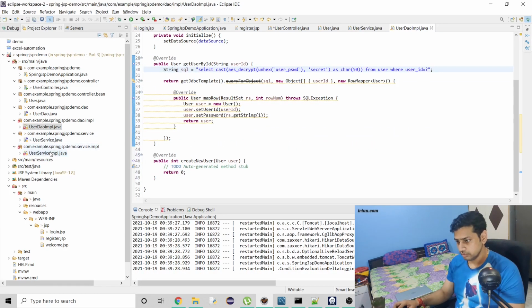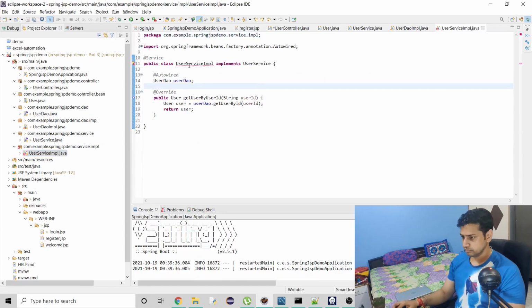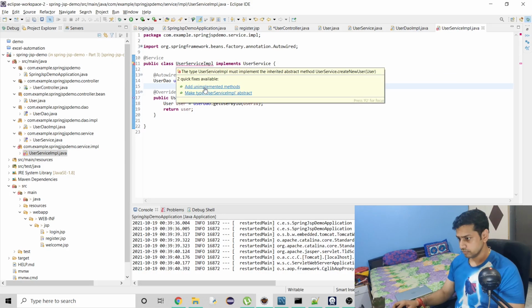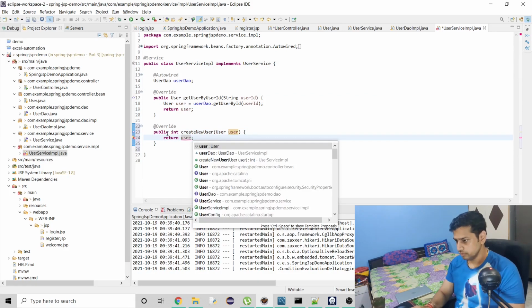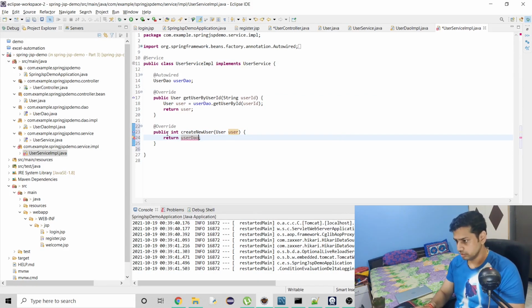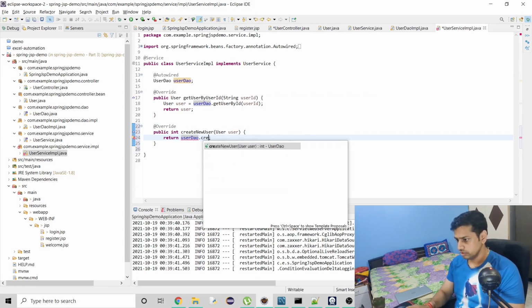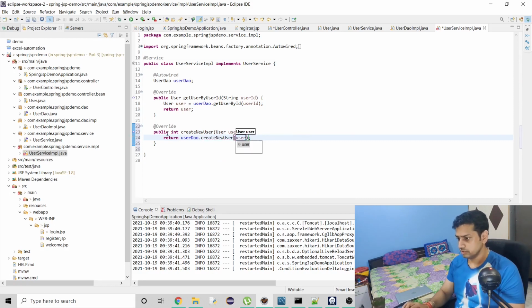Okay, let's go to the service layer. Here we just have to remove this, and instead we have to return userDAO.createUser. That's it. So we are done from here.